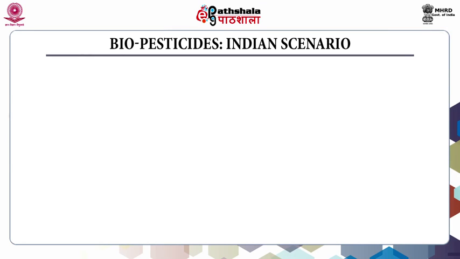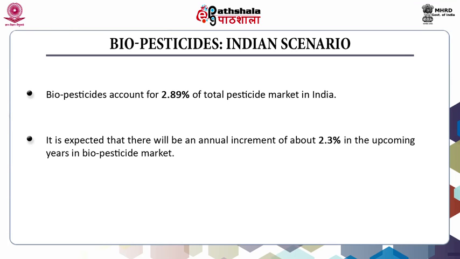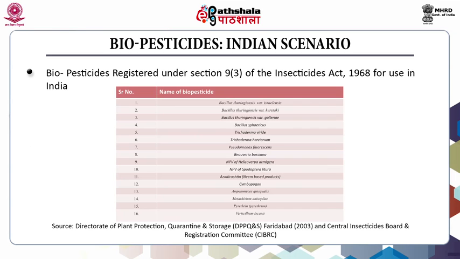Now, coming to the Indian scenario of the biopesticides. Biopesticides account for 2.89% of the total pesticide market in India. It is expected that there will be an annual increment of about 2.3% in the upcoming years in the biopesticide market. Under the Insecticide Act 1968, only 16 biopesticides have been registered till date, and these are Bacillus thuringiensis variety israelensis,